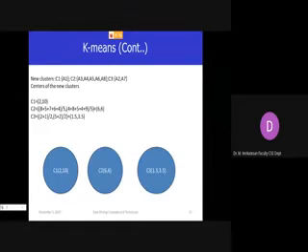If we do that, you will get it like this. Cluster 1, there is no change in the centroid of the cluster. Cluster 2, the new centroid will be 6, 6. I have written here, I have taken the mean of this. For cluster 3, I am getting 1.5, 3.5. So cluster 1, cluster 2, cluster 3.